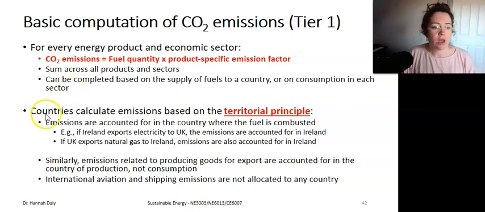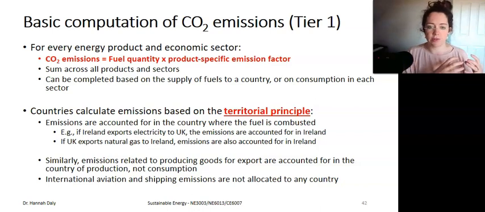There are some important principles that are applied to every country. First of all, countries calculate emissions based on the territorial principle. The territorial principle means that emissions are accounted for in the place where they're burned, not necessarily in the place where the product is used. So for example, if Ireland